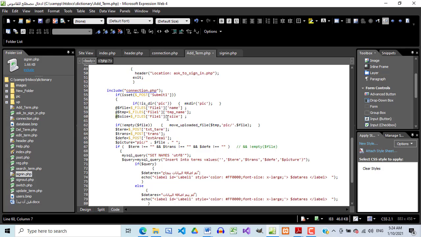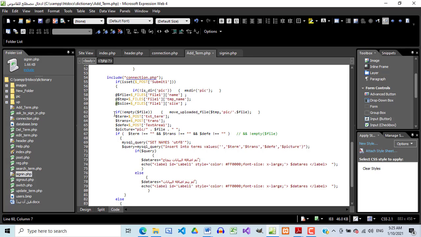This at sign will make sure that no error message will be displayed in case the variable is empty. If you left the variable empty, no error message will be displayed because you placed this at sign before, of course, the variable name. Okay,